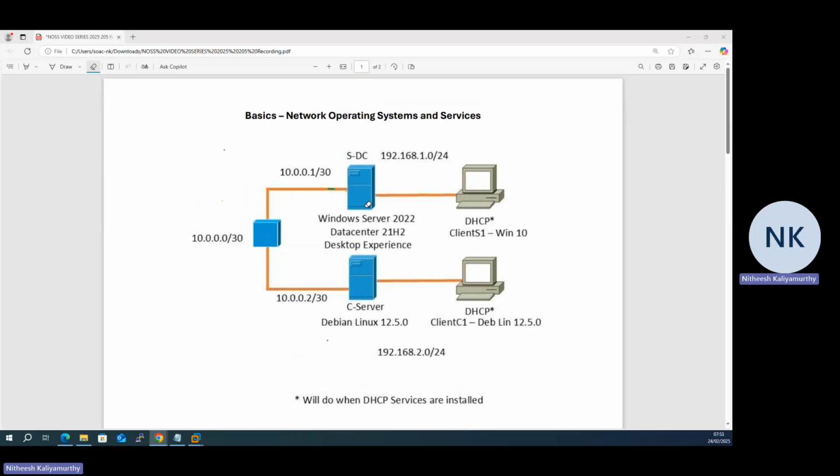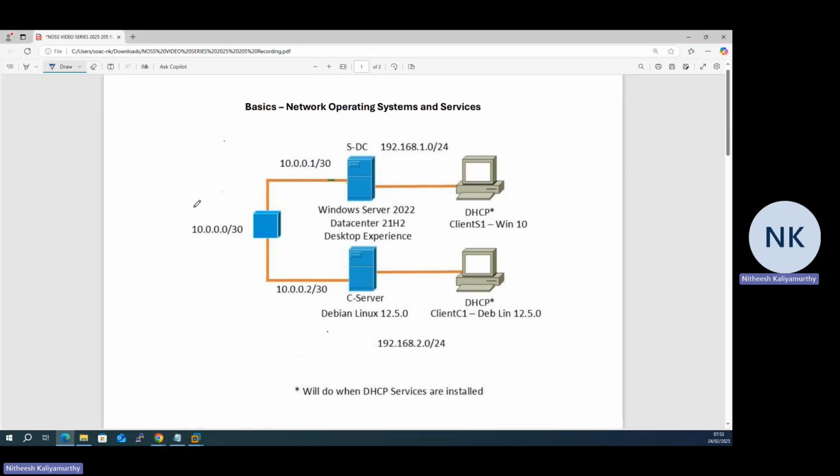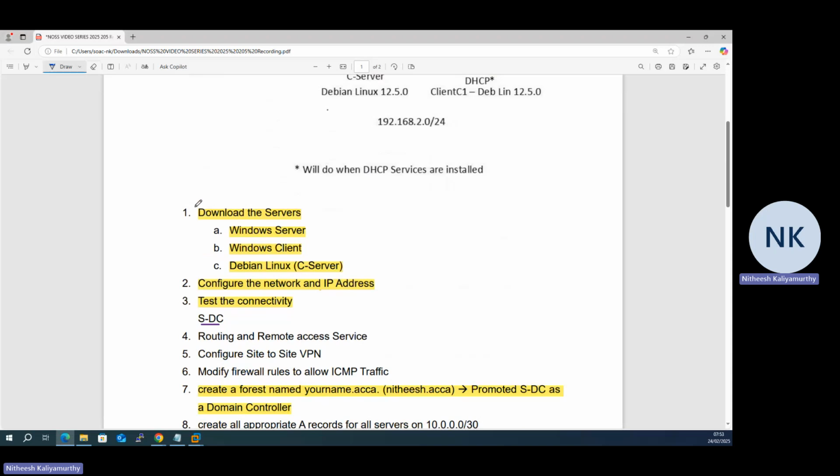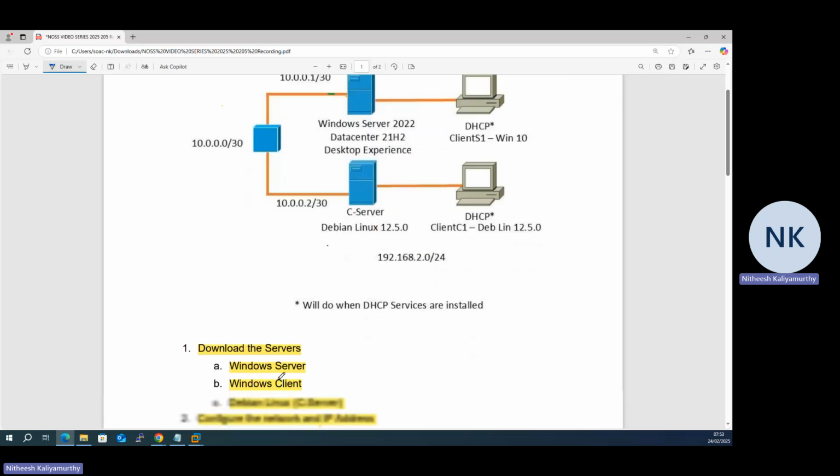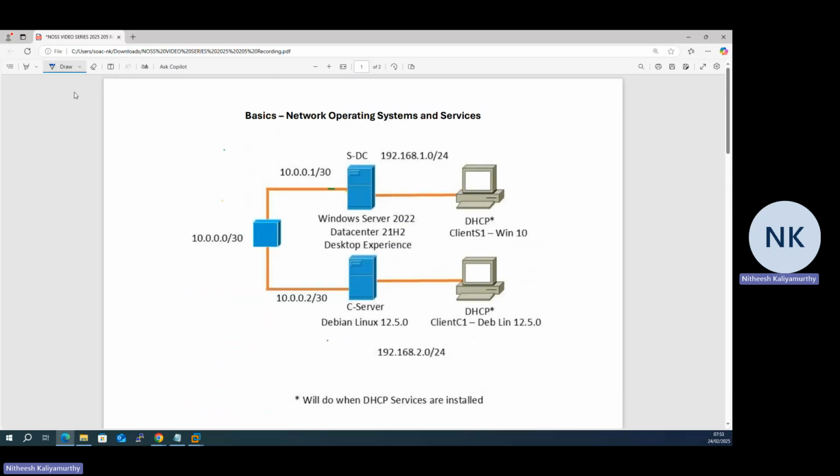So just to remind you, this is the topology which we are working on. What we have done so far is we have downloaded the servers, we have configured the network, and we have tested the IP connectivity. So at this point, when we have completed this, which will be your coursework 1, you should have connectivity between these two PCs, and you should have connectivity between these two PCs, which means